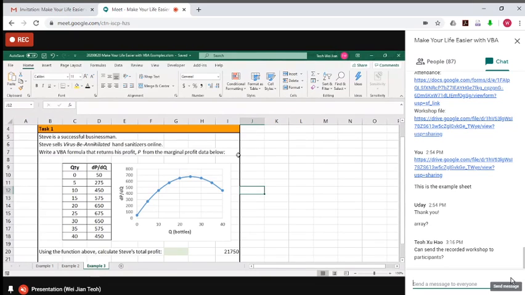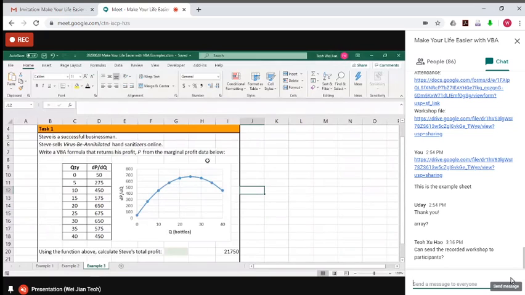So there are two ways for learning VBA. One is to sign up for a free online course. There are many online courses available on Coursera, edX, Udemy, LinkedIn Learning, and so on. That's a very structured way to learn VBA, and it's frankly a bit boring if you don't like this kind of structured way. And the second way that I recommend is when you're doing something in Excel, let's say I'm just doing a normal graph,